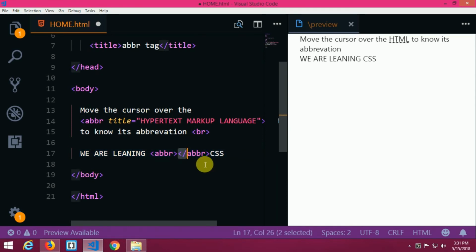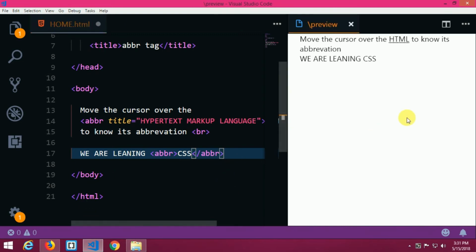After adding the ABBR tag, let me cut this and paste it over here. If you could see, nothing is happening. But it does not mean that you need to put only the abbreviation tag. You have to add the attribute title.